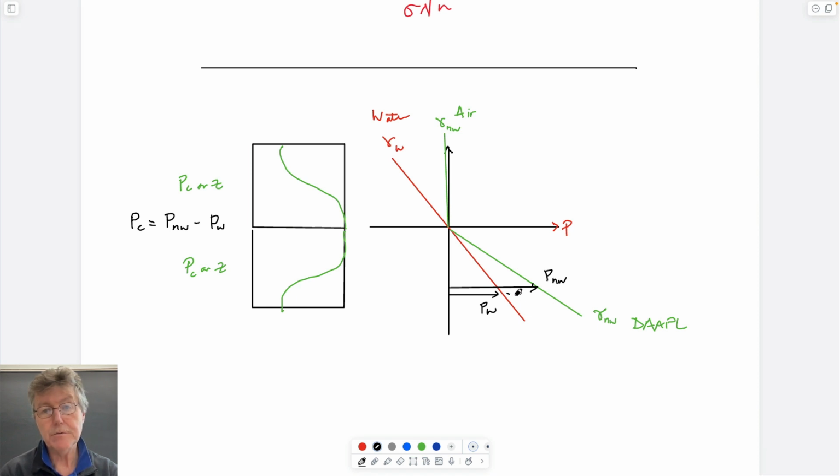So by definition, the difference between these is the capillary pressure, right? And it increases from 0 at the water table, which is here, downwards. And so we can locate ourselves on this. This is, of course, the saturation of water between 0 and 1. And depending on where you are with depth, this capillary pressure would account for this amount here. And it would define, in this case, a unique saturation of